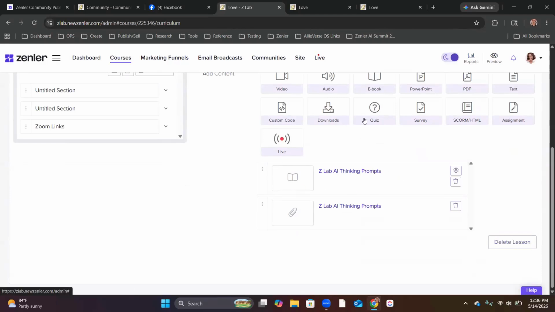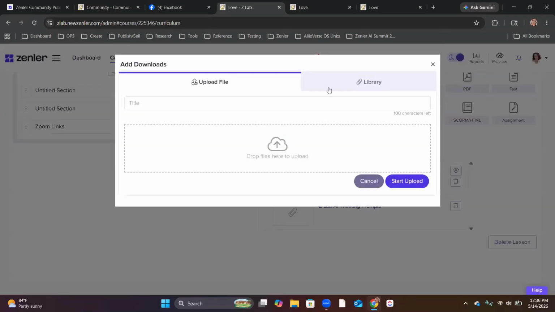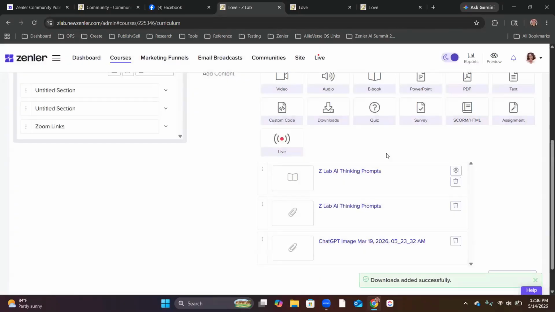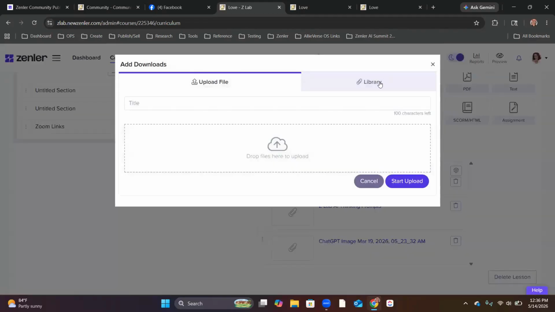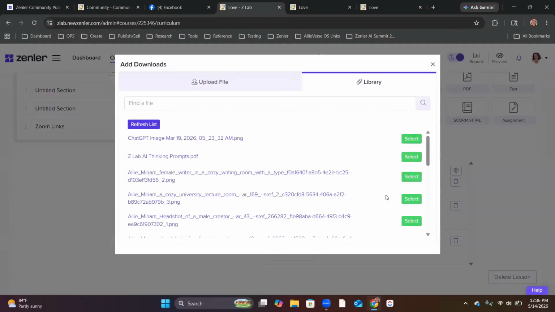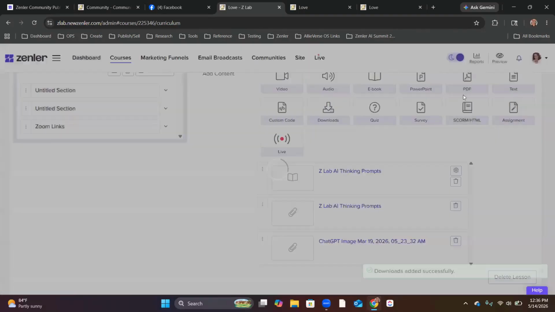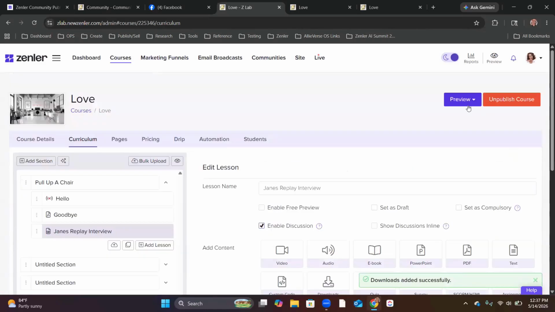And then underneath, what you're going to do is add each one as a download individually. So if you've got, let's just say, 3 or 4 different downloads, one's 2 pages, one 3 pages, whatever, you're just going to keep coming in here and add in whatever the downloads are. Okay, so we've got a few there now.